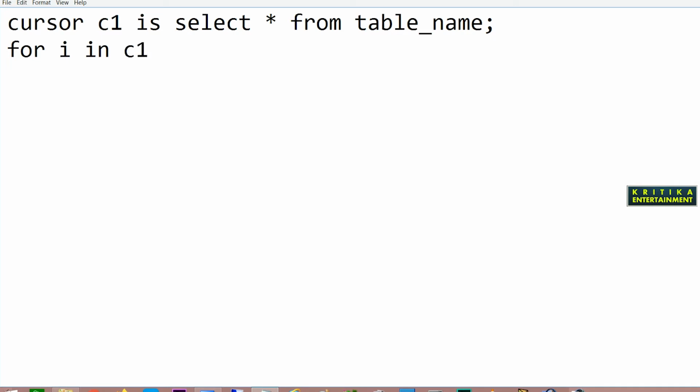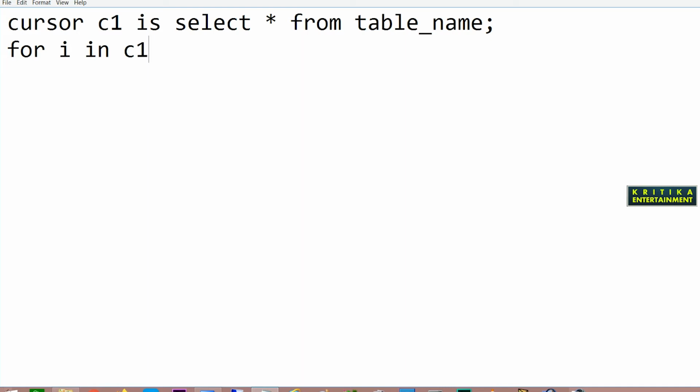Here C1 returns the unknown number of rows from the table, and the whole table will not be stored in C1. It will jump one by one. That means the first row will be stored in C1. Then in a loop we can iterate over each row and move from one to another, so that it displays all the row values.